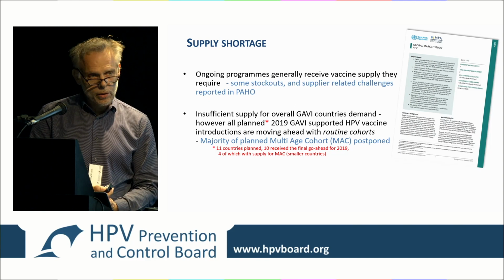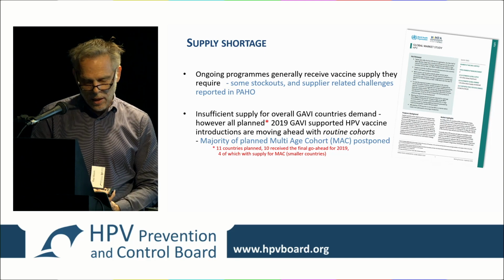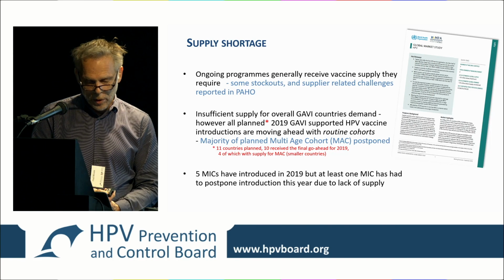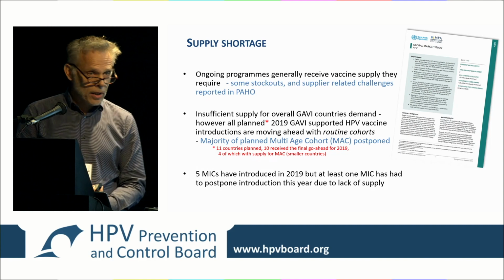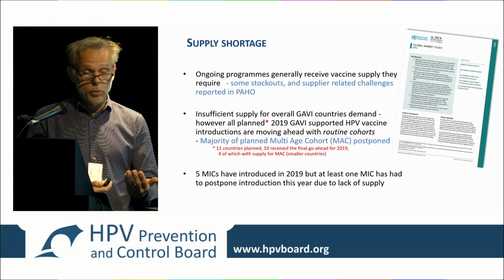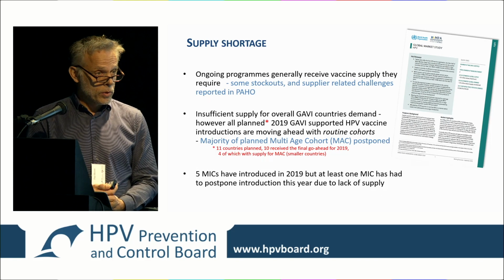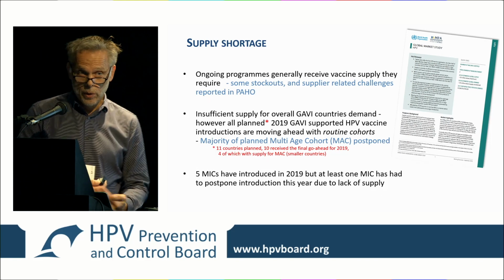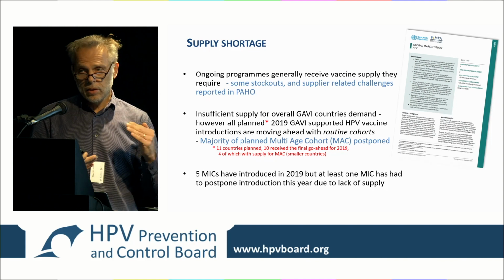But still, all countries that planned could go ahead. So for this year, we could, let's say, continue to move, but without the MAC. We saw in some middle-income countries new introductions this year. We had 5 introductions, so that's good news. These were, of course, planned 2 years ago and purchased 2 years ago. But one country that wants to introduce couldn't do so, and I think we'll start seeing that. So basically, the supply shortage is starting to hit us now.